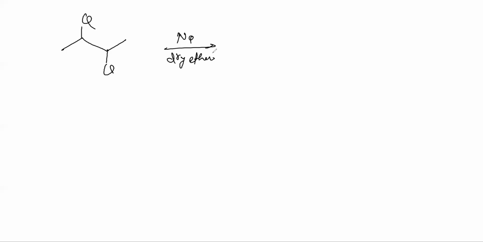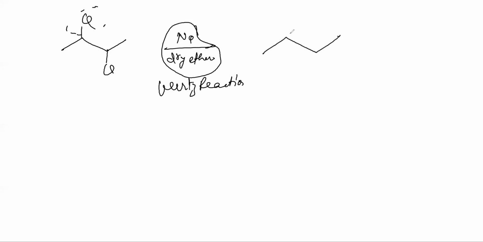First of all, recognize the reaction. Which reaction is this? Elimination? No, see, we have an alkyl halide, we have sodium and dry ether. It is the Wurtz reaction. In the Wurtz reaction, what happens? We remove our leaving group and generate a free radical, and the free radicals get combined to give us this. Please note.